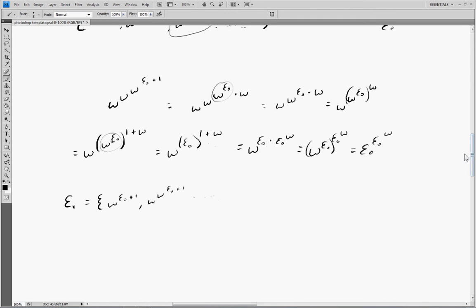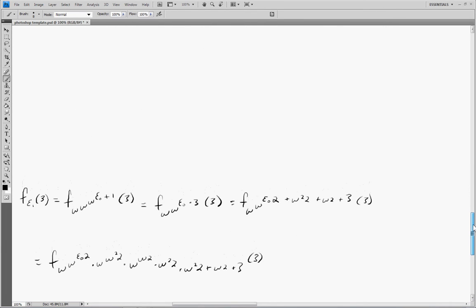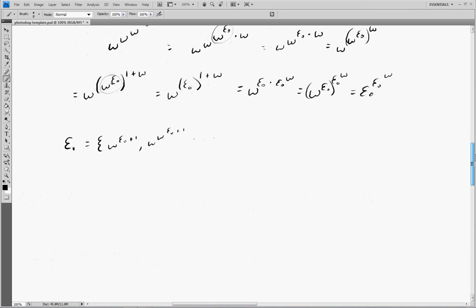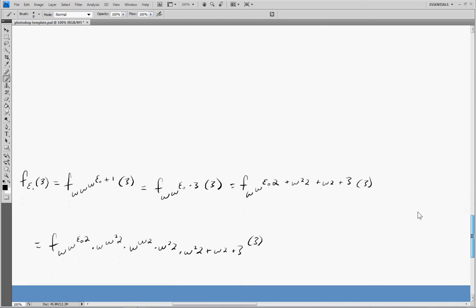And the way we would break that apart in the fast-growing hierarchy, I wrote it down preemptively just because these things take a little bit of time to work out. So we'll just go through it a little bit. So epsilon-1 of 3, we take the third element of epsilon-1, which would be omega to the omega, epsilon-naught plus 1. We take this and plug that into the fast-growing hierarchy. And then we just break it apart. We do rules of exponents and diagonalization, and we keep on, this turns into